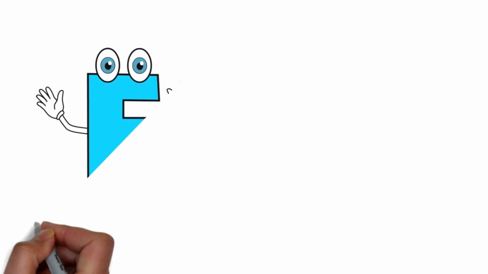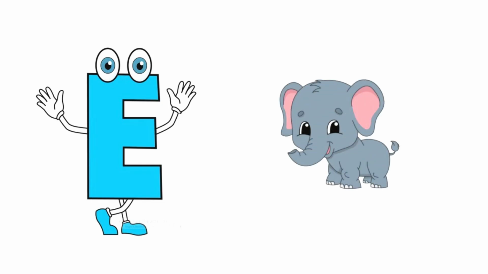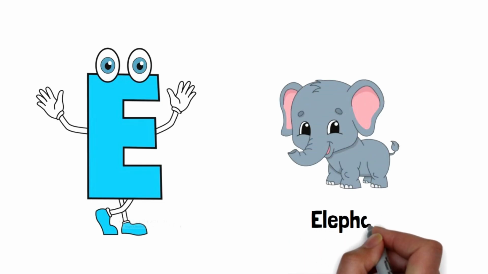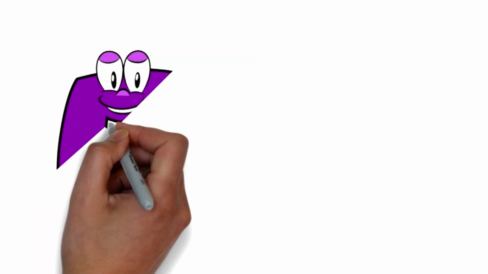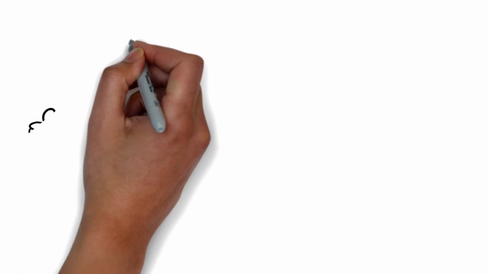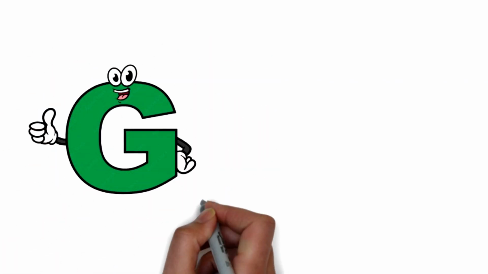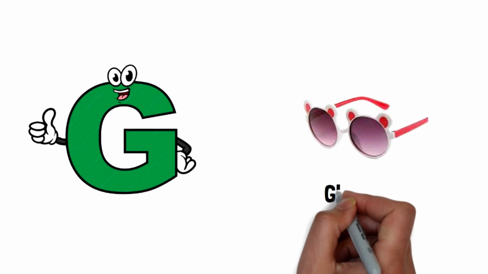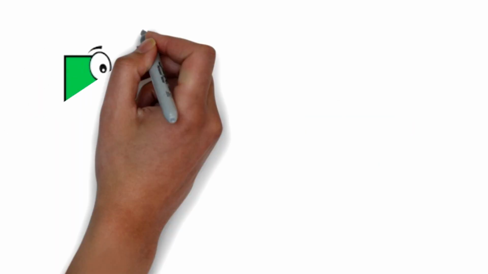E is for elephant, elephant, elephant, E, elephant. F is for fairy, fairy, fairy, F, fairy. G is for glasses, glasses, glasses, G, glasses. H is for hand,